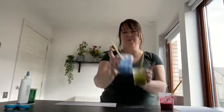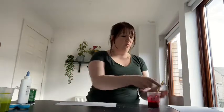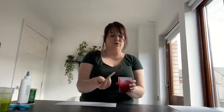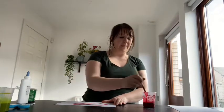So this is when I'm going to put away my paints, my blue and my green, and get my red paint. Okay, now you don't want your heart to be too big. You want it to be small enough that it can sit in the middle of your plate. I'll show you what size. So I'm just going to paint a heart. That might be a wee bit too big, but actually you can cut it to the size that you need it to be if it's too big. So then just painting in your heart,